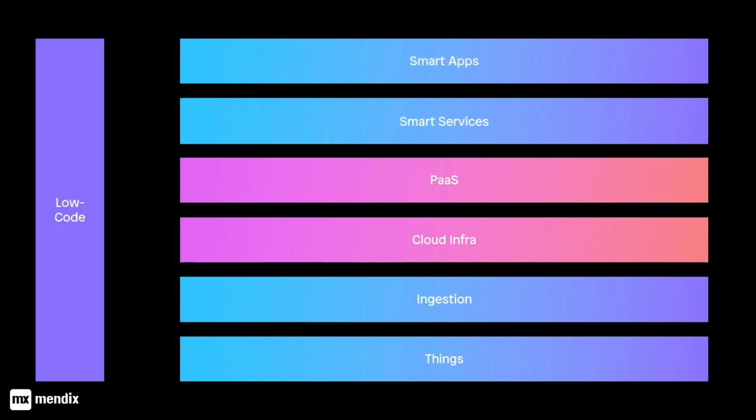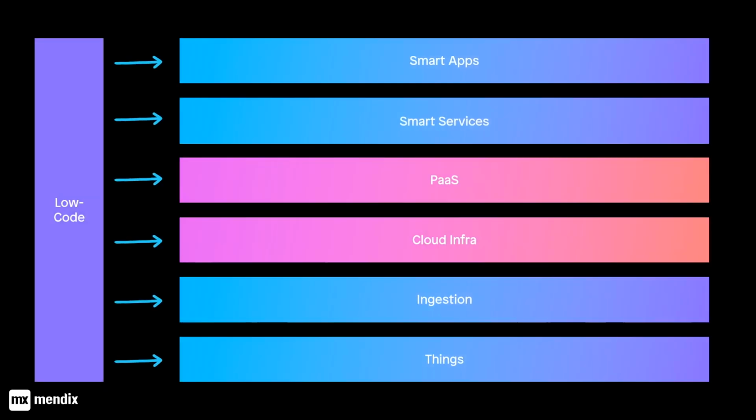But to utilize all these layers, it's very difficult in a traditional platform and traditional coding languages. And that's where low code comes in. Low code makes it much easier for you to integrate into each of these layers and be able to provide those experiences that really make it beneficial to use an IoT platform.